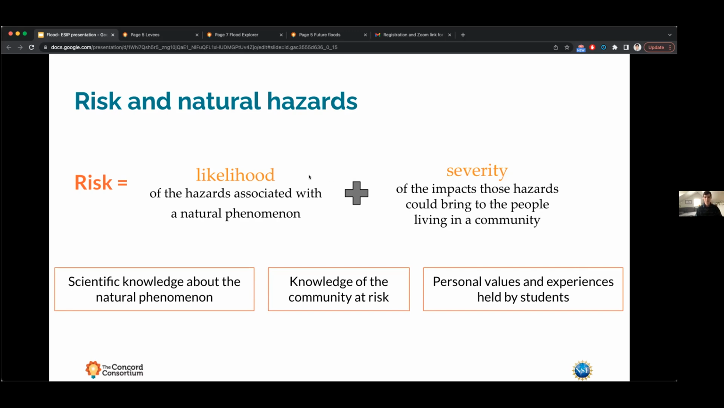So the likelihood could be a percent or probability, and the damages could be measured in dollars or buildings lost or crops destroyed, something like that. But risk is not only the calculation of the probability and the dollars lost, right? There's several other factors that may affect someone's assessment of risk in a situation. There's the person's scientific knowledge about the natural phenomenon, the knowledge of the community that's at risk, like what is likely to be lost or damaged, and the personal values and experience